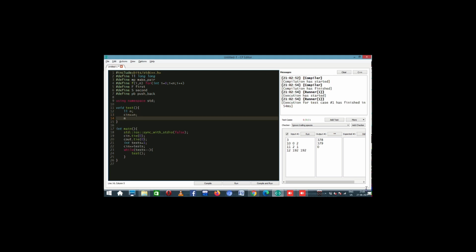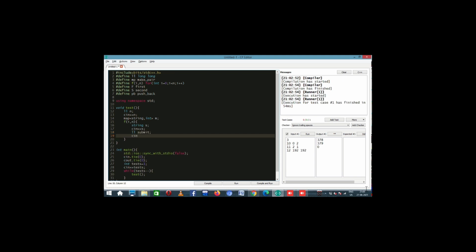Now I will say a map which will have string and corresponding int, right? Let me call this map as m. Now I'll run a loop of n. All I'll read is a string, and I'll say ll score or ll submit, and we'll check the submit, how many people submitted. Now I can say map of this string plus is equal to submit, right? So map can take care, and for this string it will assign these many submissions.